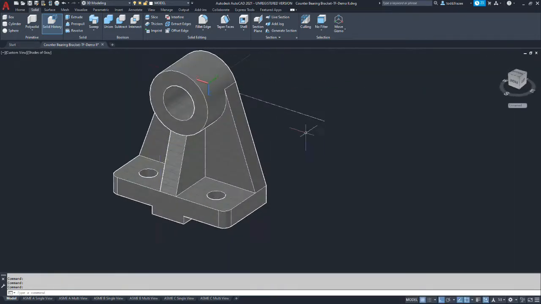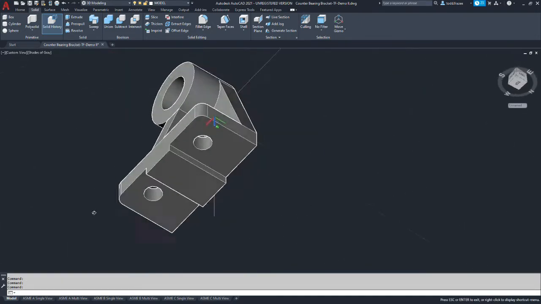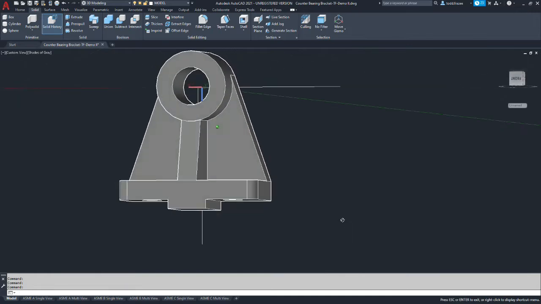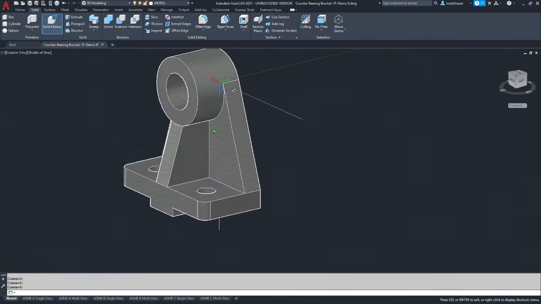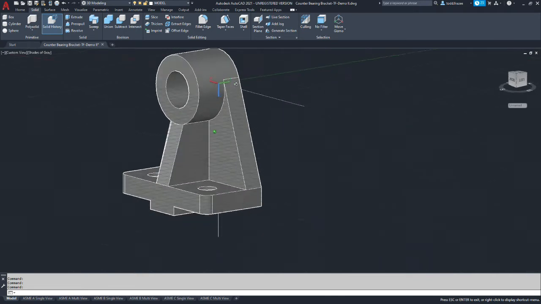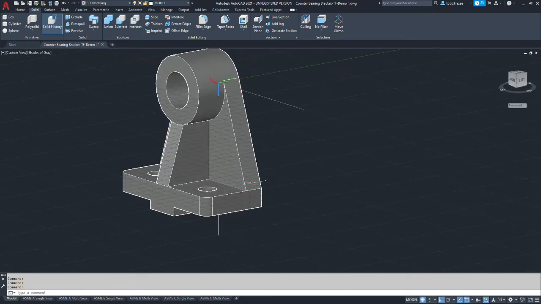I am going to reorient the model so that we can see all of one side here. Okay, so our approach is we need to generate the fillet that hits this vertical edge and this vertical edge here, because the fillet that's going to run around the top needs to follow those edges.